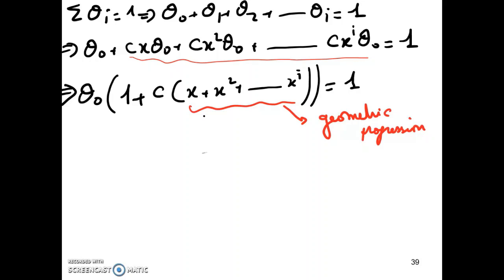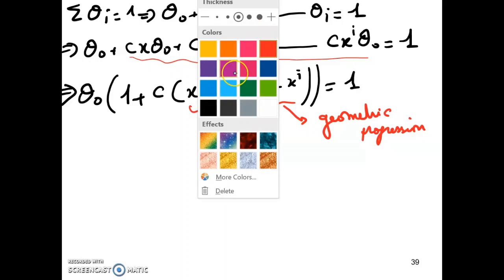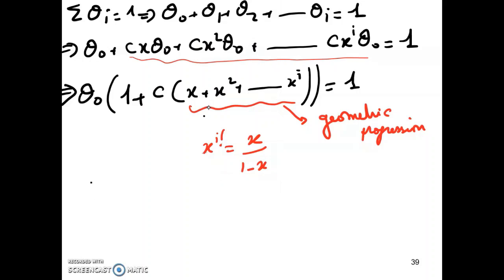And this, if you remember, x plus x squared plus x^I summed over I, is equal to x over 1 minus x. So if we replace the summation by its value, here we will have theta 0 equal 1 over 1 plus Cx over 1 minus